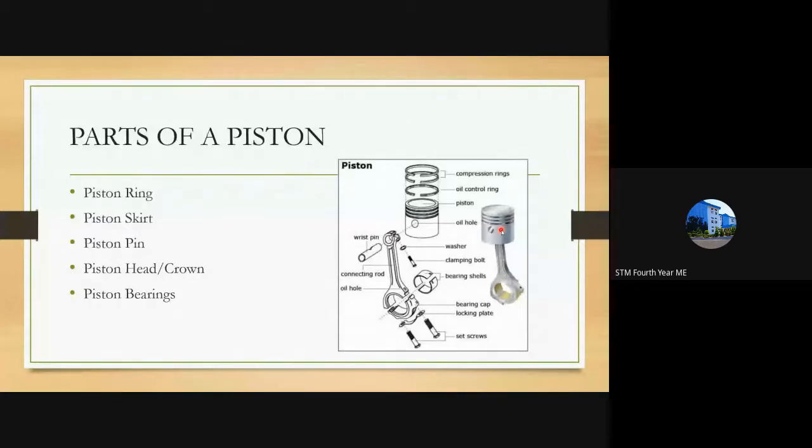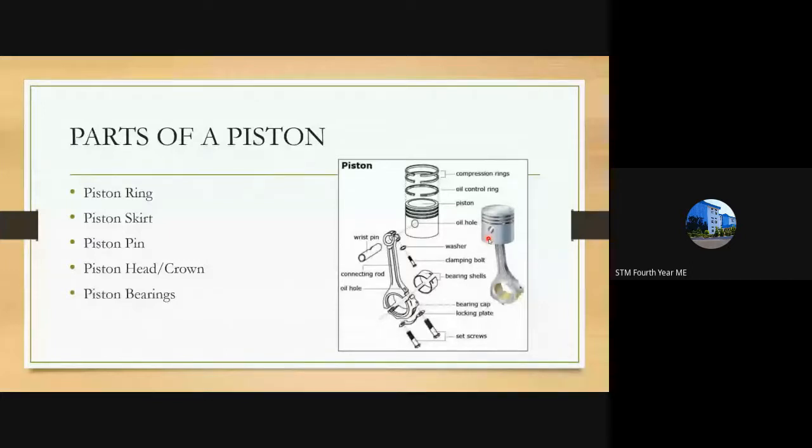To reduce the wear, bearings are provided. A bearing is an additional component that helps in the smooth movement of the metallic components and also wears itself. So instead of the piston wearing out, a bearing wears out. When you change a component, we just have to change the bearing. So the bearing protects the piston from wearing out.